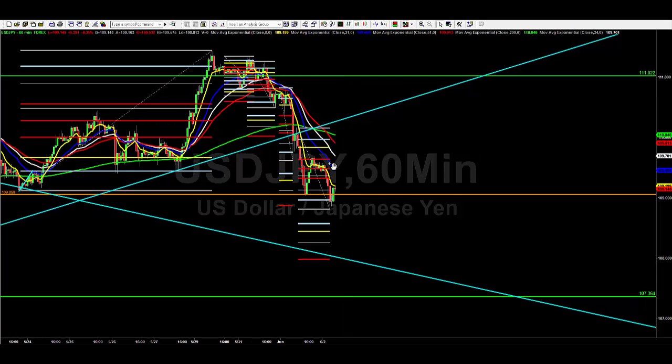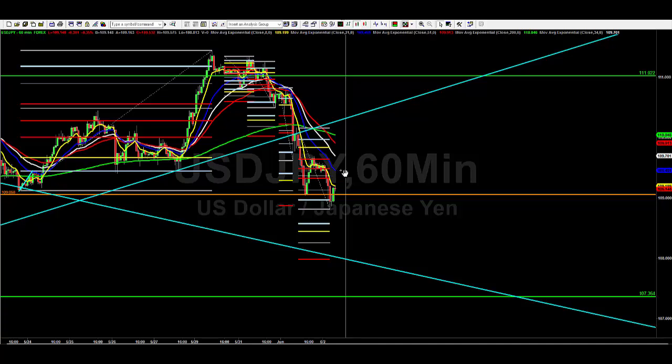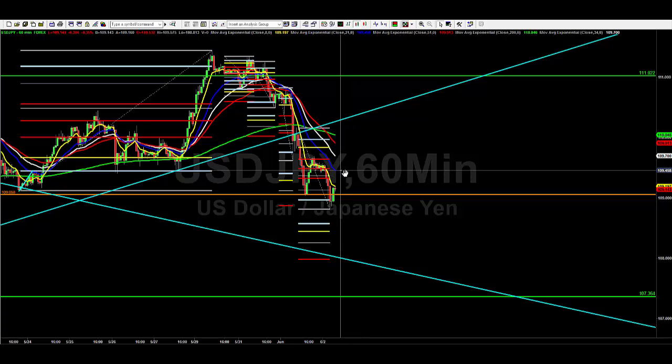What did it respect the first time? The 21 moving average, it seems to like. That comes in at 109.50 again, so that's quite a good zone to be short of dollar yen and see